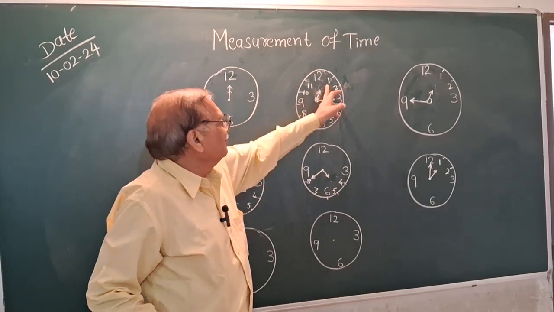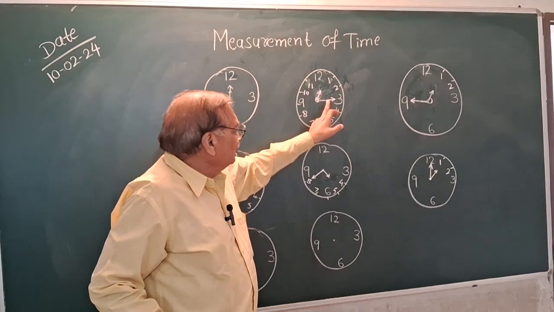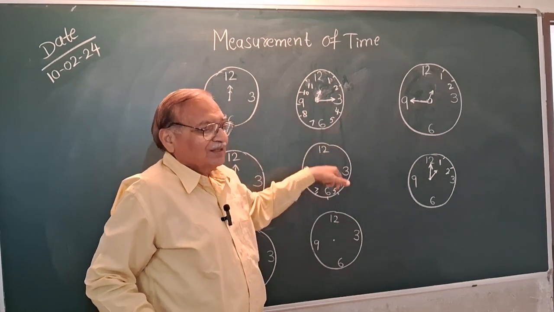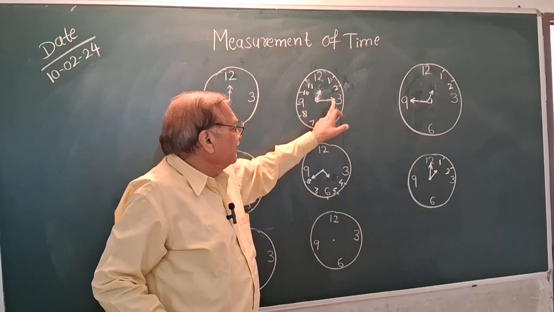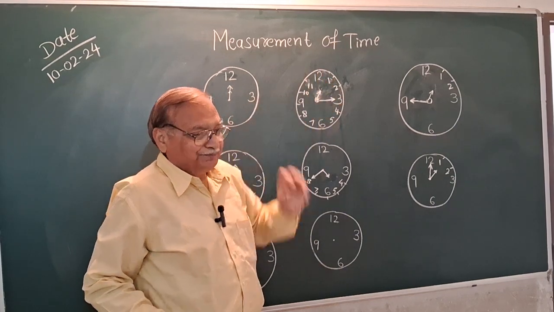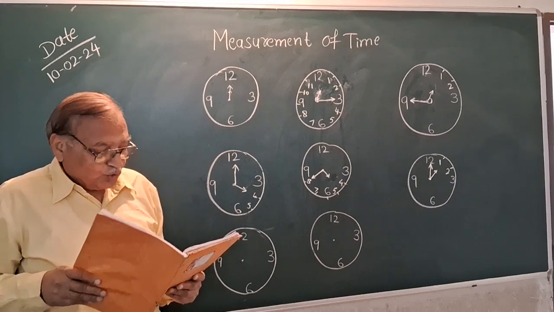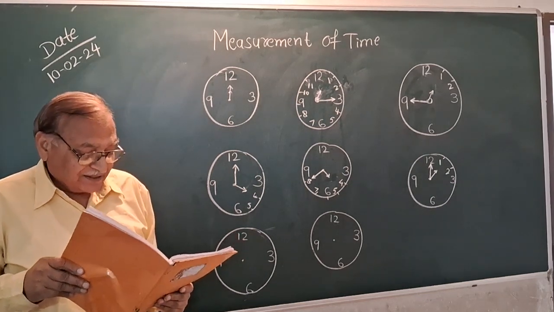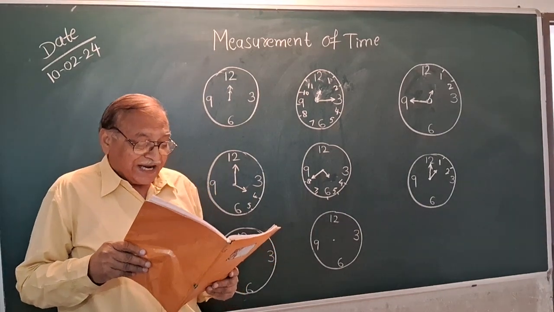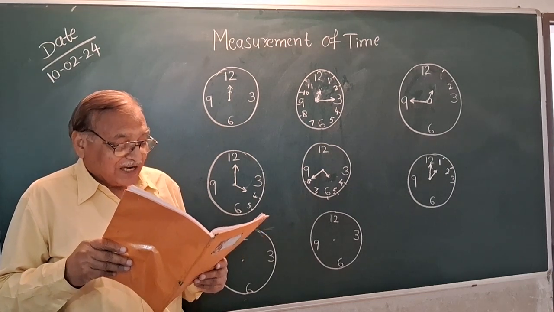So if you multiply 5 by 3, it will be 15 minutes. And when the minute hand moves to 4, what will be the time? That is 5 into 4, that is 20. 20 minutes past 12. Sonu: That means we can use the 5 times table for counting